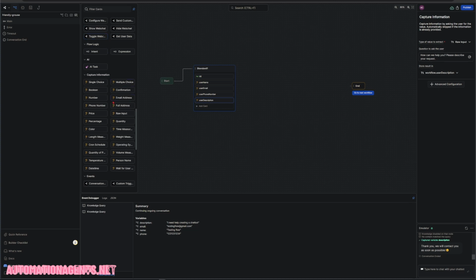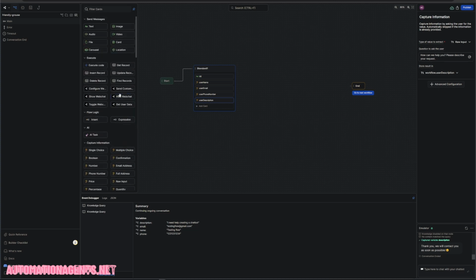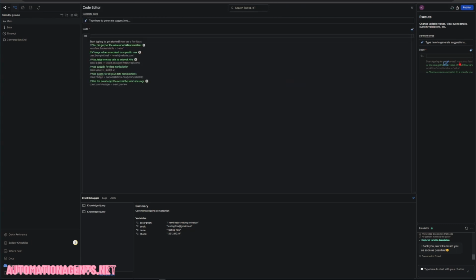And then once we've collected everything, we want to write some code. And in here, it's actually pretty neat. Botpress uses AI, so you can give it a prompt and it'll write a code template for you. So if you know a little bit of code, you should be able to use these templates and connect whatever you're trying to do with the code. So in this example, I'm just